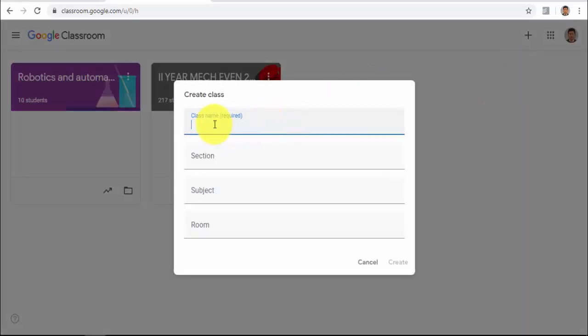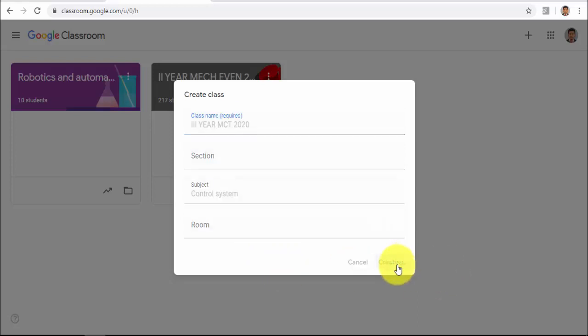You have to mention a class name. Say for example, this semester I'm going to handle control system for third year students, so I'm typing some information: Third year MCT 2020.